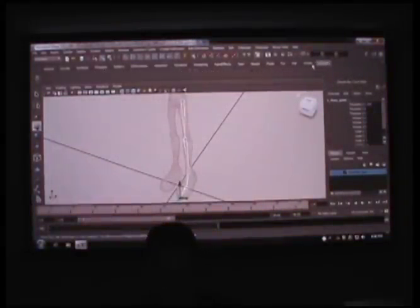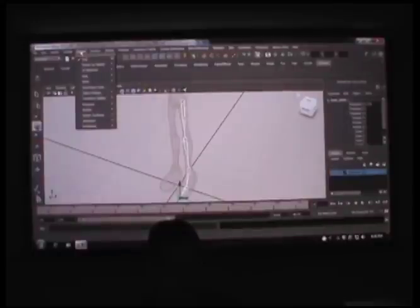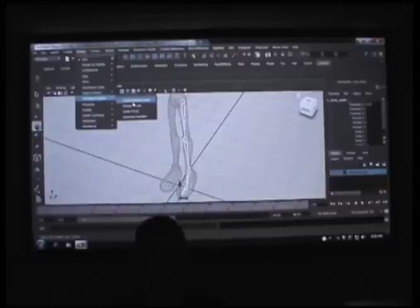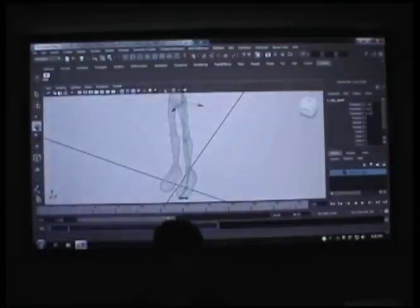I'm going to hold Control and Shift. I'm going to go to modify or display, transform, display, local rotation axis. And when I'm holding Control and Shift and I click a button in the menu, it makes it on my shelf there. So now I don't have to hunt for it, I can just do that. So I'm going to grab the top joint in the hierarchy,